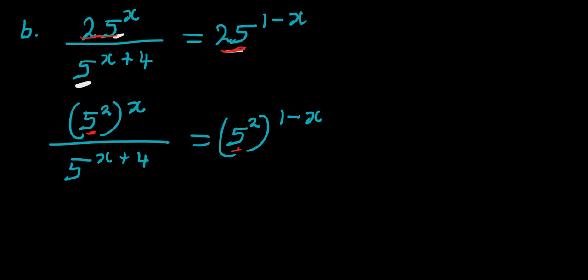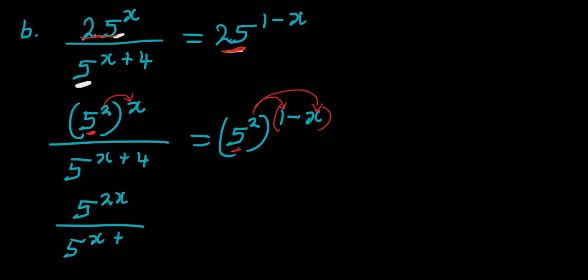All right, so next is to distribute this. We can put this in parentheses. So we're going to distribute this 2 into 1 and also into this x. We are going to use 2 to multiply this x. So when we do that, this equation becomes 5 exponent 2x over 5 exponent (x + 4)